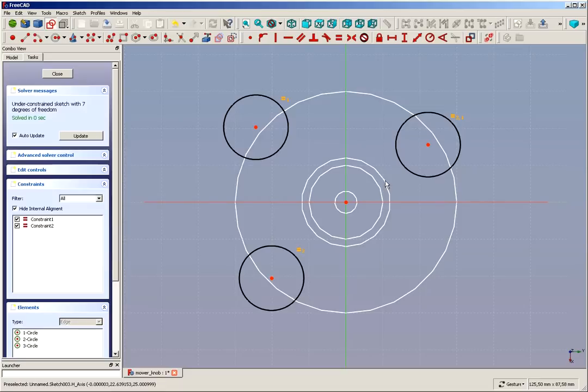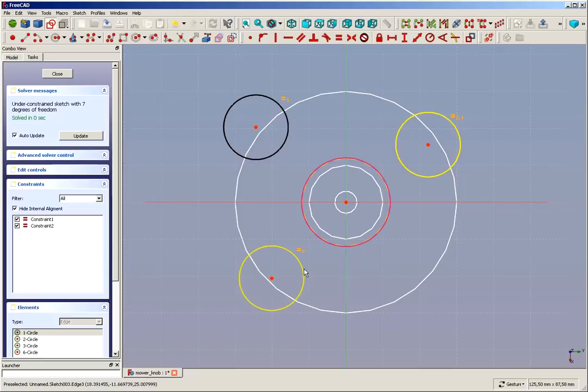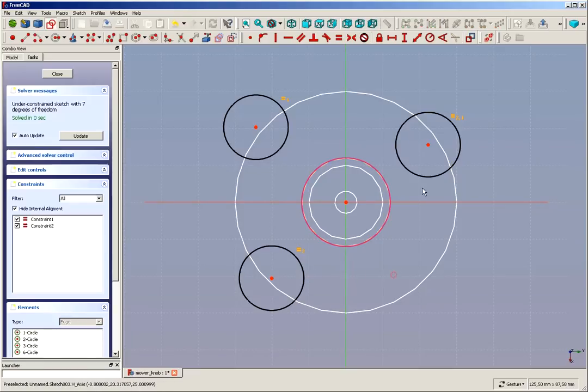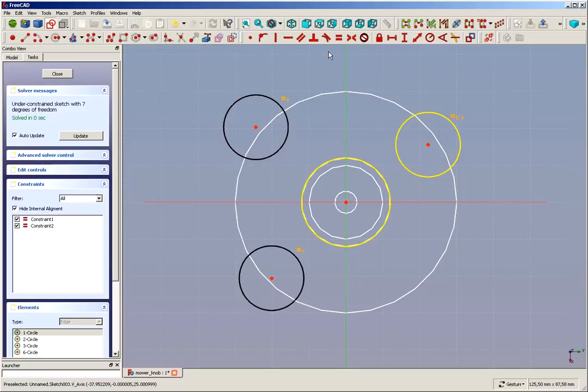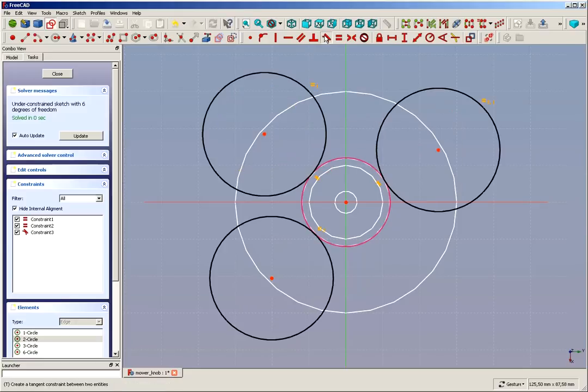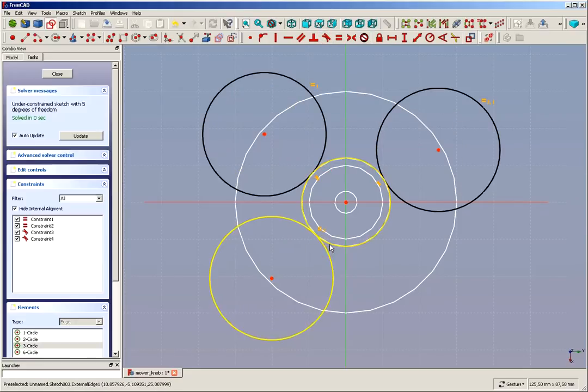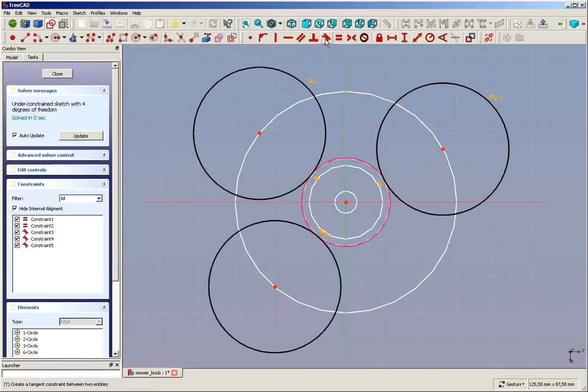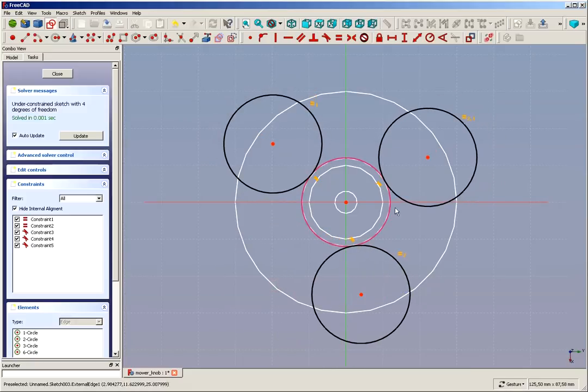and we define this circle, which we're going to fetch with external geometry, and we wanted to have our 3 circles as tangents to here. So tangent to here, tangent, and again tangent. So still have 5 degrees of freedom. That tangent didn't work. Trouble with my mouse somehow. So we can move them,